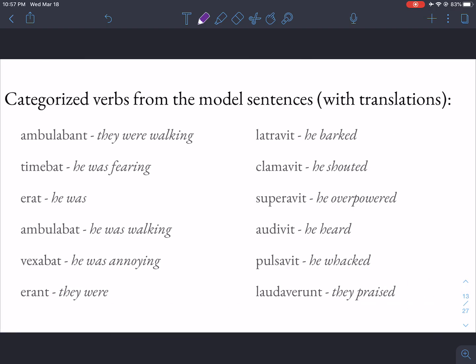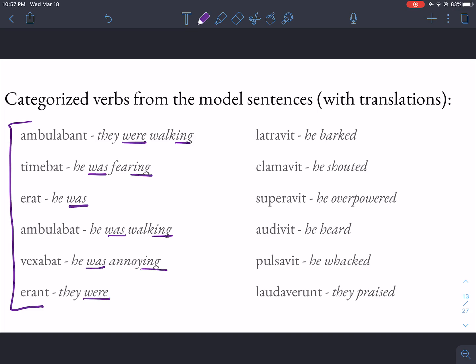Now I've put these categorized verbs from the model sentences with translations. As I said before, these imperfect ones have to include a "was-ing" or a "were-ing" in their translation. So they were walking. He was being. There's no -ing because it's just "to be," but you could think "he was being," right? He was walking. He was annoying. And they were. So there's a was or a were in every single translation, and that's indicative of the